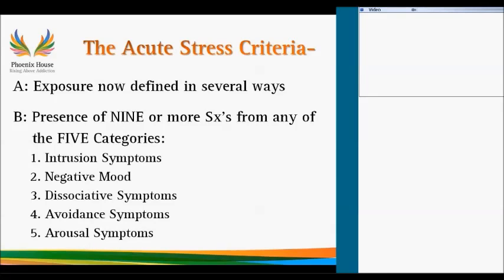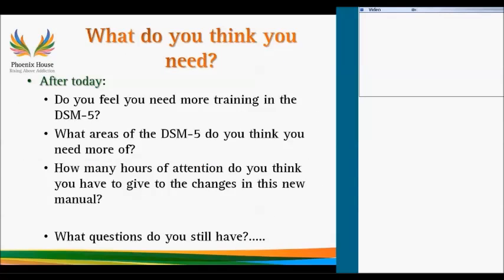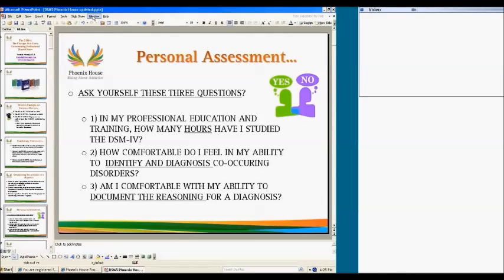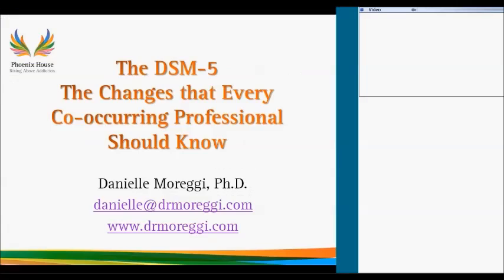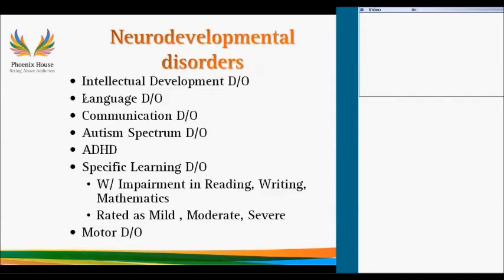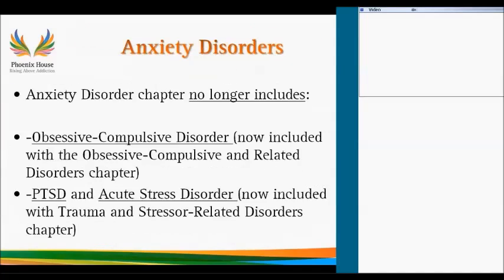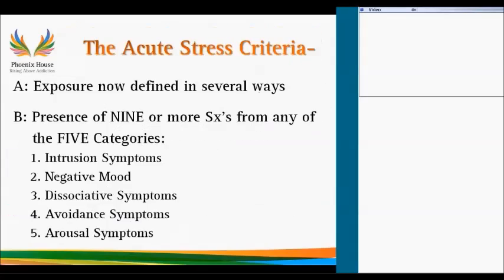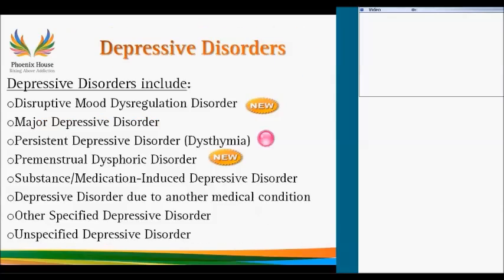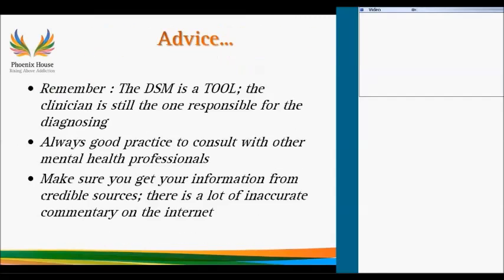I do know that the way that I have always practiced, as many of you have, is that medical conditions have always been listed separately, right? If someone came in and let's say they had a thyroid condition or were recently diagnosed with cancer, can we clearly say that that may be influencing the person's Axis 1 condition? Absolutely. But it's not required as part of the diagnostic picture.